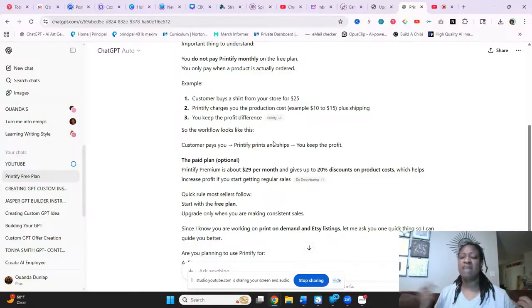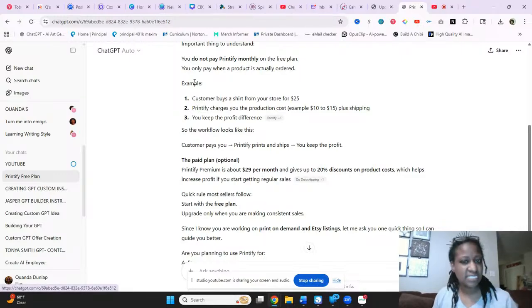That's when I think you still have to set up your, I know I did have to set up your payment on the back end, and then Printify ships it. You pay for it up front, they ship it, but the customer pays you. So you pay up front and then the customer pays you. So I think that's how that works. But we're gonna see if I'm right though.